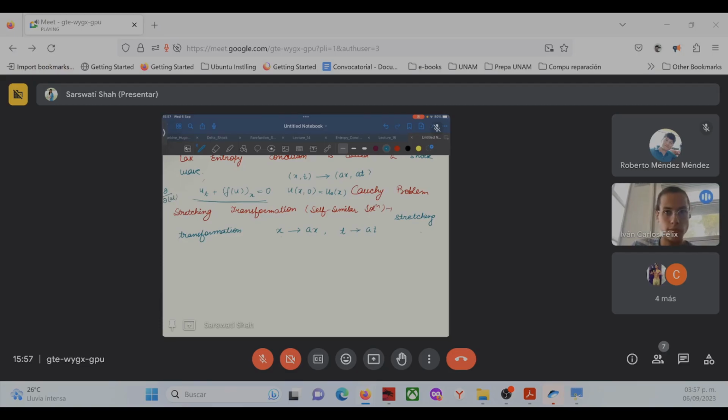It's translation invariant. t will be replaced with a del over del t, and x will be replaced with a del over del x, and a will go to the right hand side. So it is unchanged. So this transformation x to ax and t to at leaves both the equations, this is the conservation law, equation 1, and this is the initial data, equation 2, invariant. Thus, if u(x, t) is a